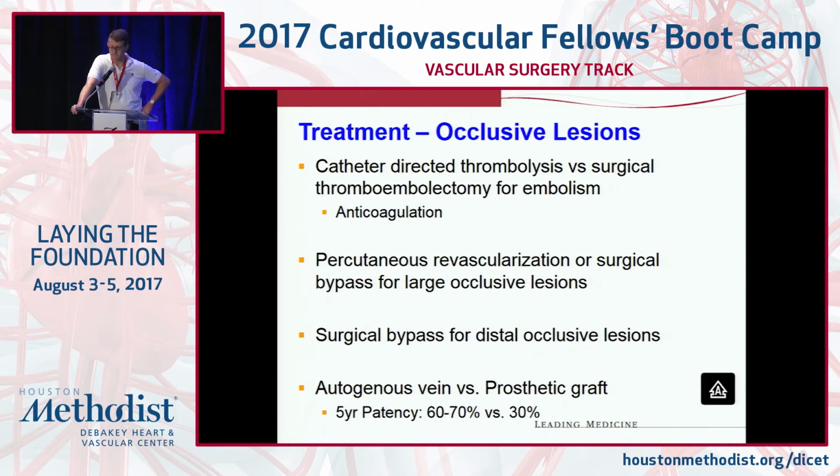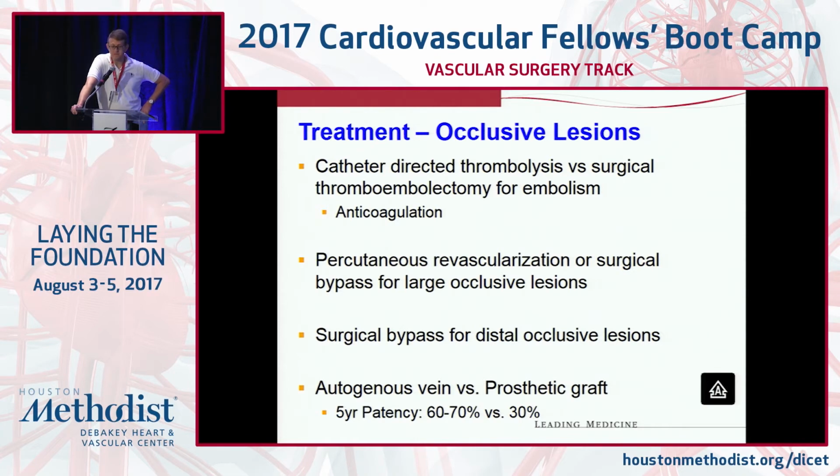Obviously, the risk of lysis in any case, lower extremity or upper extremity, is showering clot distally. Sometimes you can make the ischemia worse, and I think it's more prone to that in an upper extremity situation. So if you have a way to just remove the thrombus or the embolus surgically,